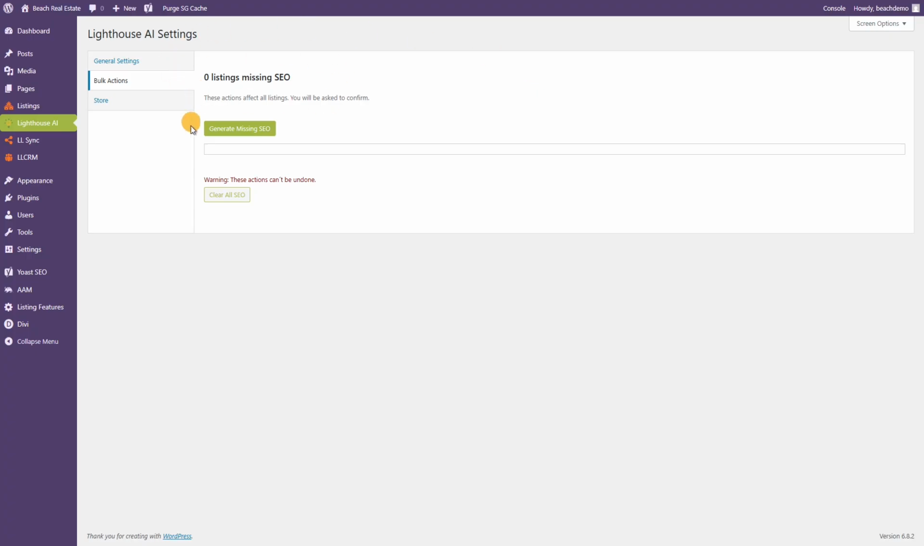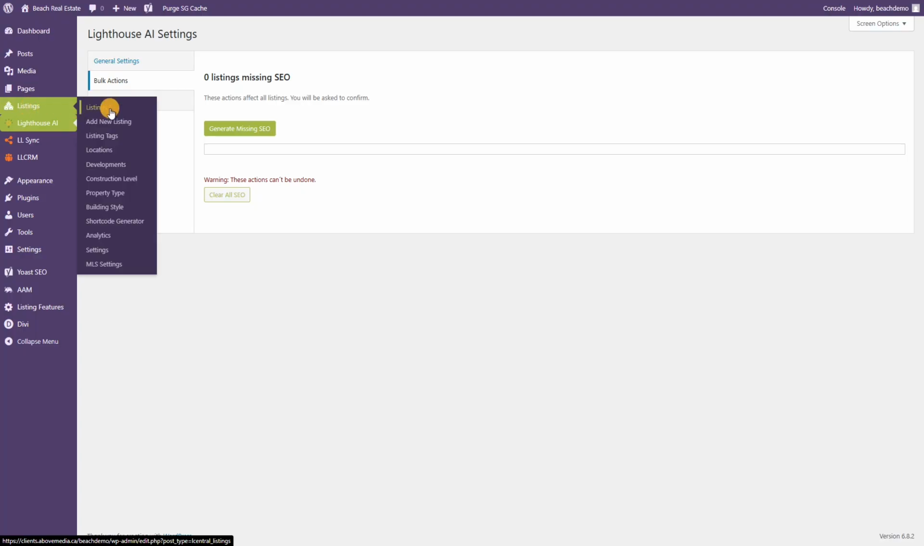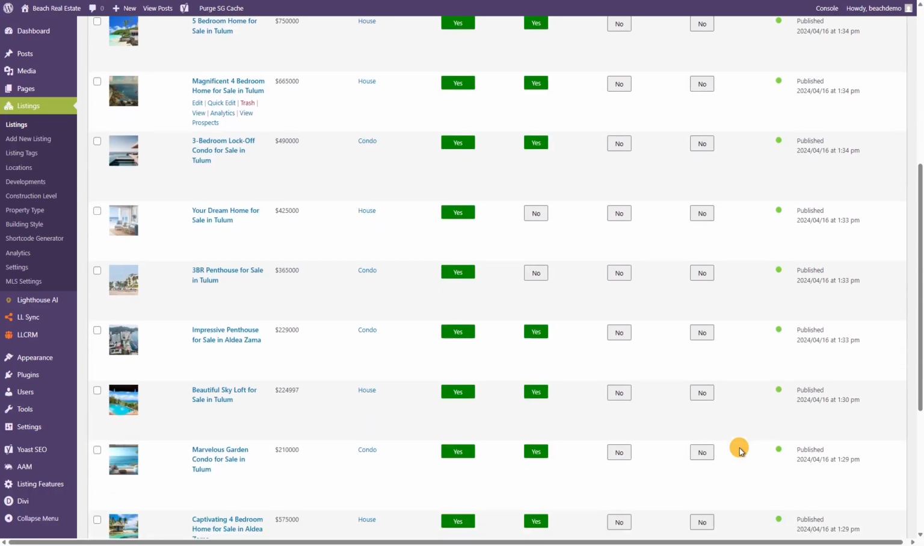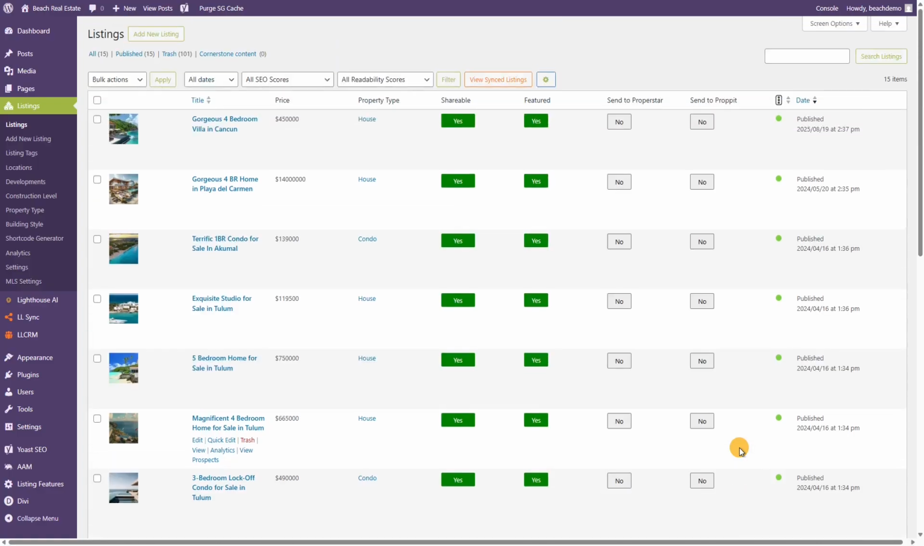Now it's updated. None of my listings are missing their SEO info, and if I go back to listings, I will see that all of my SEO scores are now green. And that's what this plugin does at this stage, but we have a lot more coming up in the next